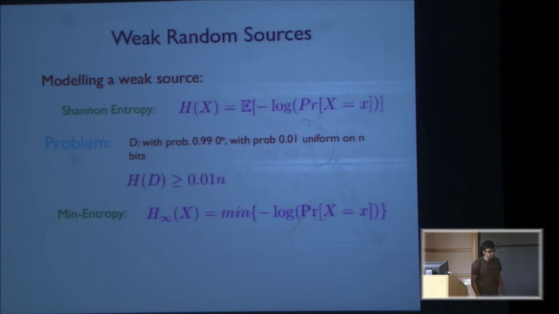So this source is not so bad, right? I can look at a few bits and see that I get non-zero, and then I know that I'm uniform. Right, but these strings are really long strings. What you would like is to generate a distribution that's statistically close to the uniform distribution, within distance epsilon. This would be impossible on any number of bits, or even on one bit, if some string in the original distribution has probability 0.99.